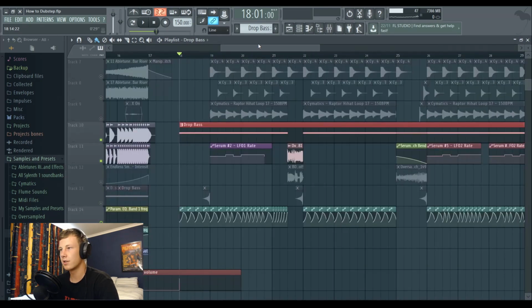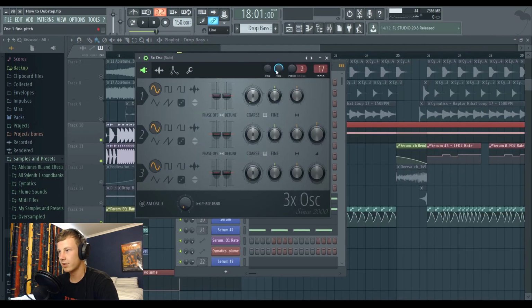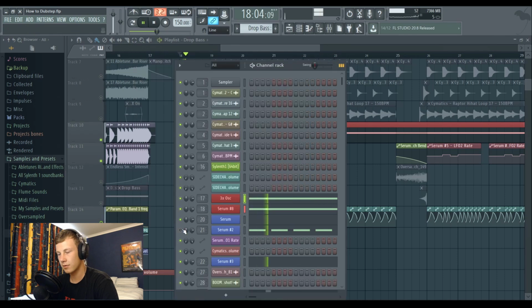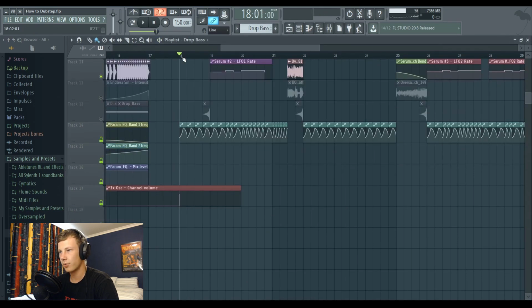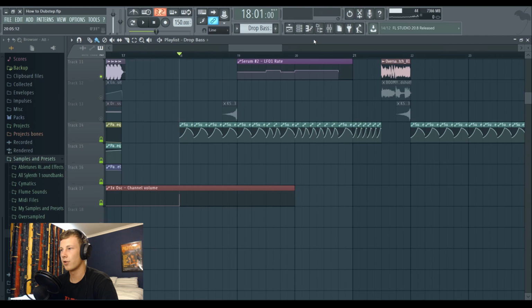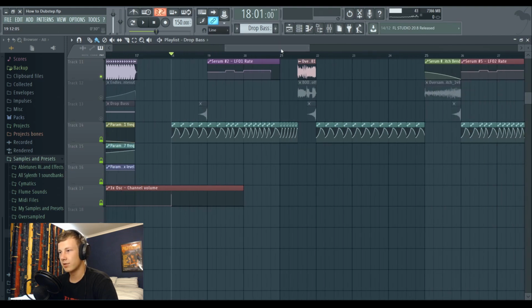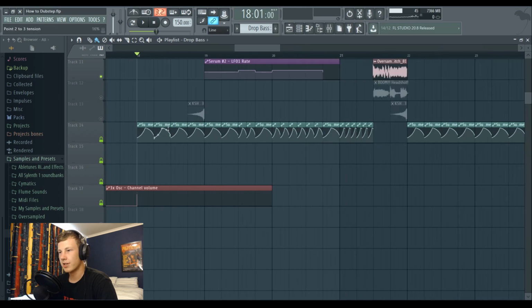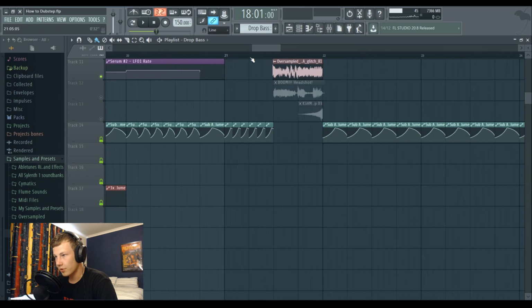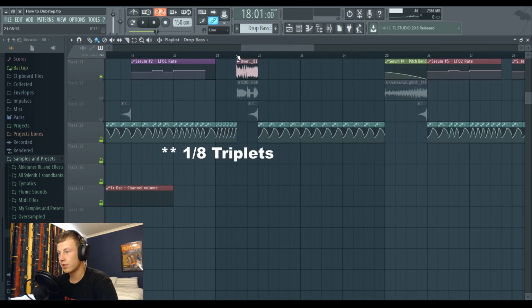So as I said in the sound design, I've got my sub just underneath, so you'll hear that. And that's what this little automation clip is here. That's just the volume of the sub, just making it follow the same pattern as what the basses are doing. So you can see there's sort of long ones here, which are 1/4 and then 1/8, maybe even shorter, I don't know, 16ths or so.